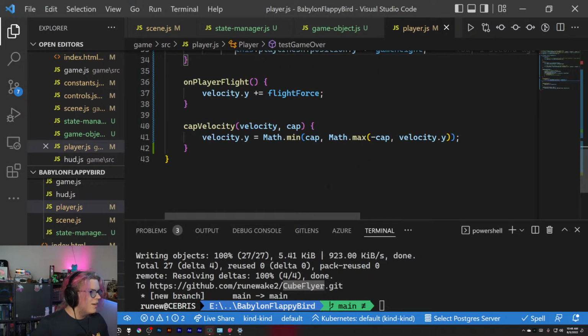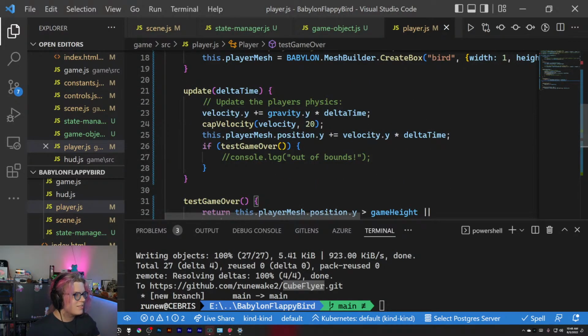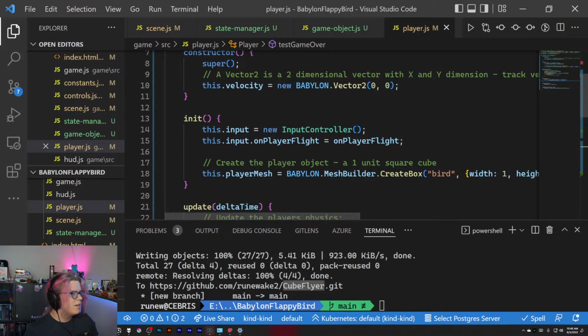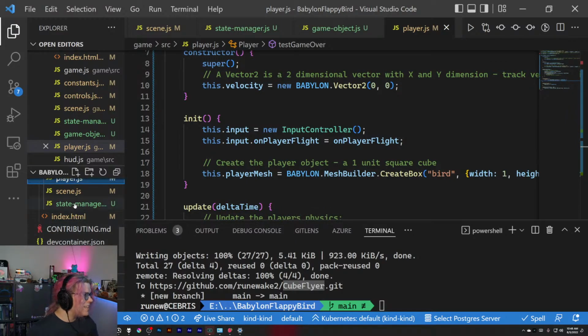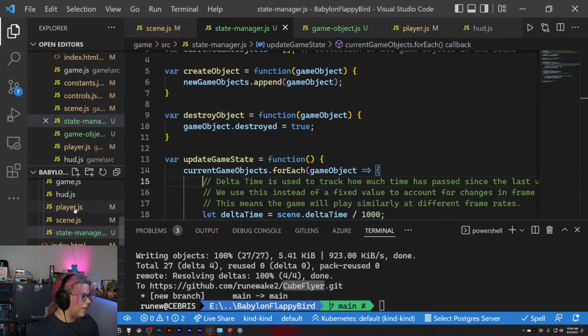Cool. I think this is all we need to do. All the velocity stuff is good. All of that's fine. All right. So what that means is that I can actually create a player and add it to our game, and